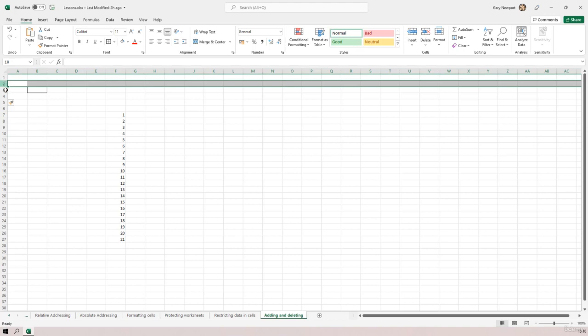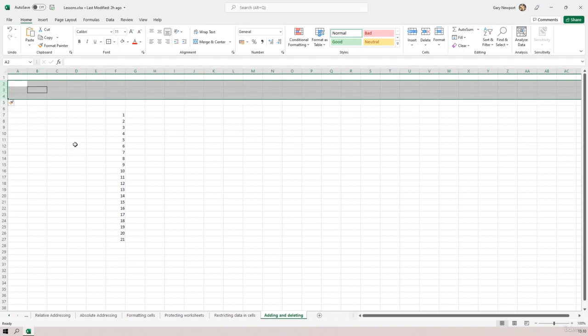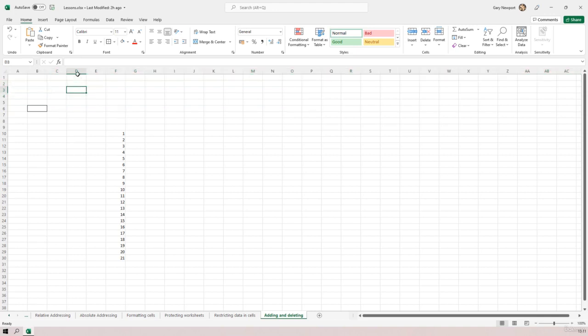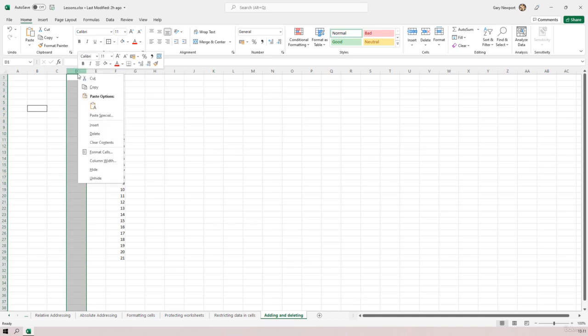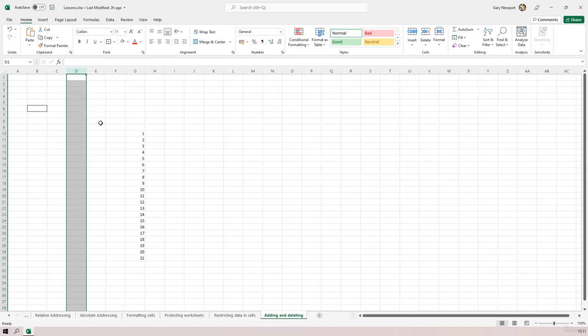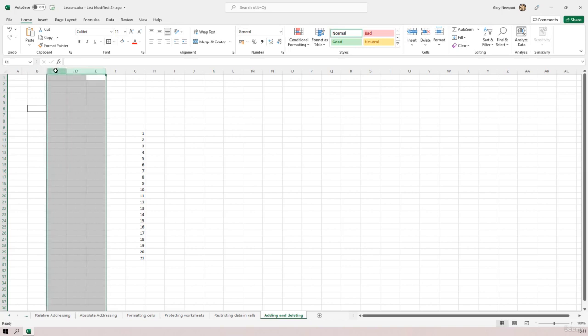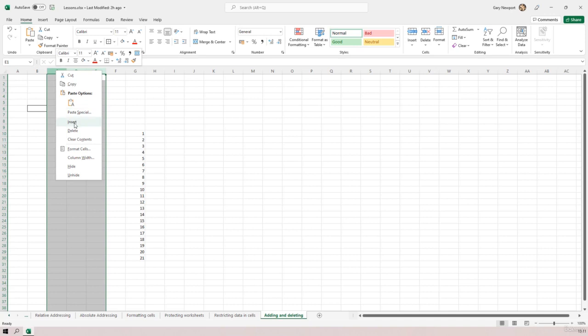I can also do a selection of rows, just like that. So I can do insert and it will create 3 new rows exactly where I created them. So that works really nicely. I can clearly do the same thing with the columns. Right click to get that contextual menu, choose insert and it will insert them. The same must be true for selecting a range, right clicking and then instead of choosing insert to choose delete,